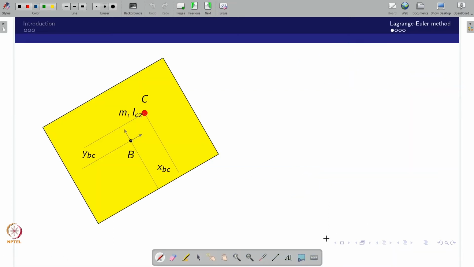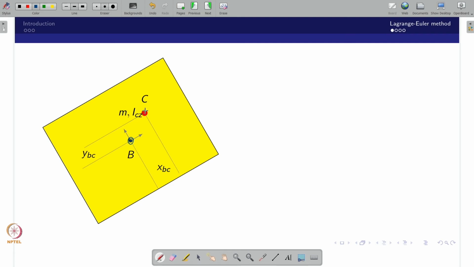For that, again I am bringing back the original setup. The mobile robot I am assuming as a rectangular box, where this is the body frame, because we cannot always assume that the body frame, the wheels and the vehicle centroid would be aligned. So now I am taking a very general case where the body frame is here, but the centroid of the vehicle, since the mobile robot consists of several batteries and the payload, the CG moves away from the body frame.